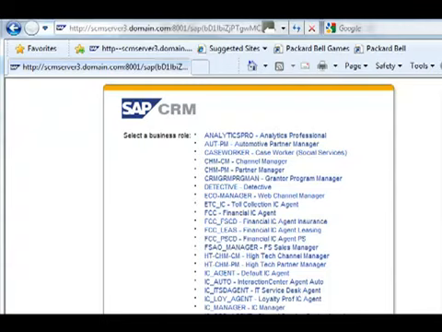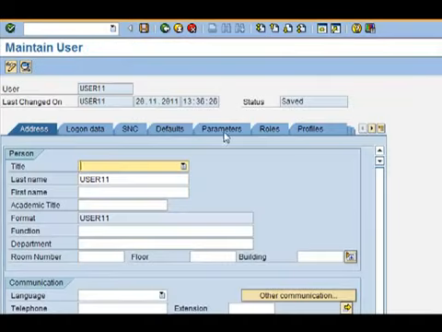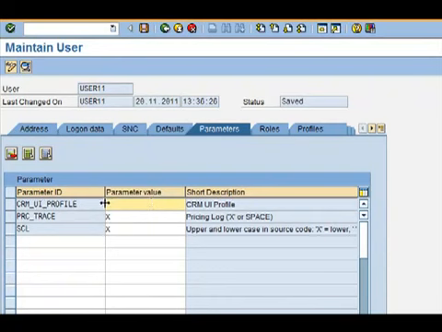We can have a look at this setting in the SAP GUI. So I go to the user maintenance using transaction SU01, and then I go to parameters, and in the parameters you see there is an ID CRM_UI_PROFILE, and the value is a star. This value means whatever roles have been defined in the system will be presented to the user when they log in. As an example, if I were to change this to say